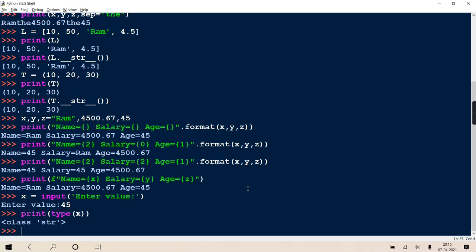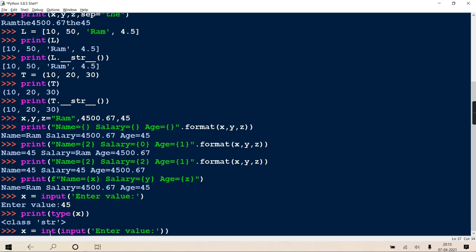Right? Yes or no? But suppose I accept this value this way, passing it to a casting function int. Now what will happen? First this prompt will come. It will wait for you to enter something. Whatever you enter, it returns as a string.